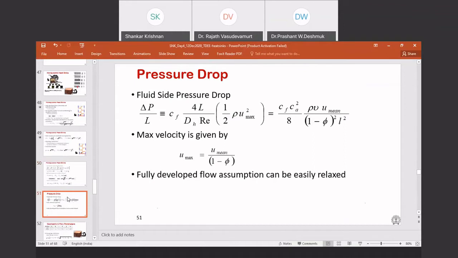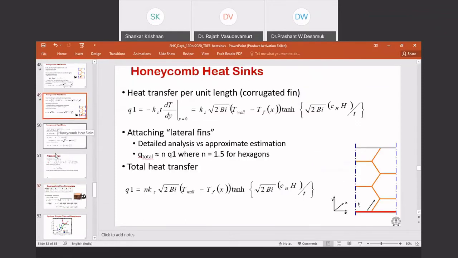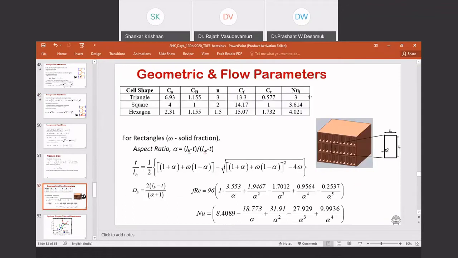Okay. Then pressure drop can also be predicted using the well-known friction factor relationship. That is also well documented for all these different duct shapes. These geometric constants that are needed are documented here. As you can see, C, A, C, S, N, those are the constants that I have used throughout. And you can see that triangle has a Nusselt number of 3, square has 3.614, and this